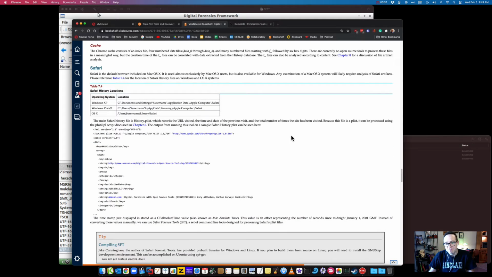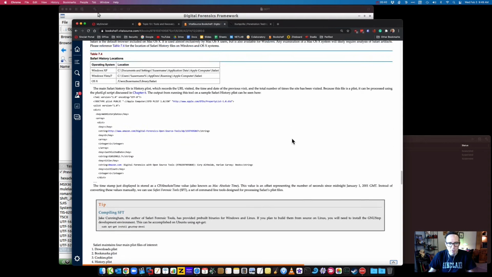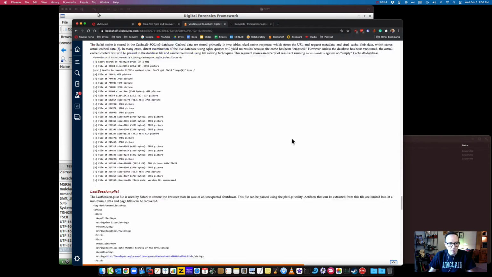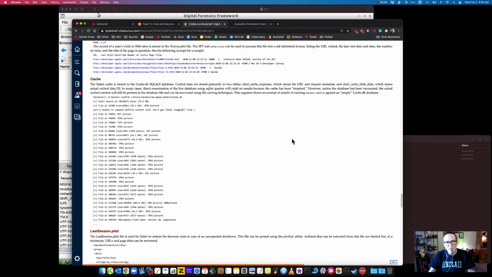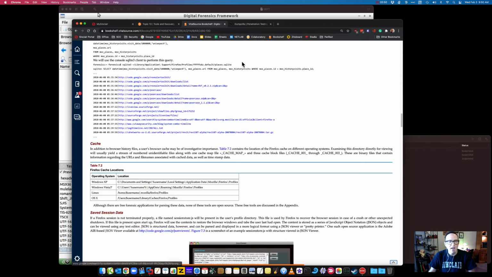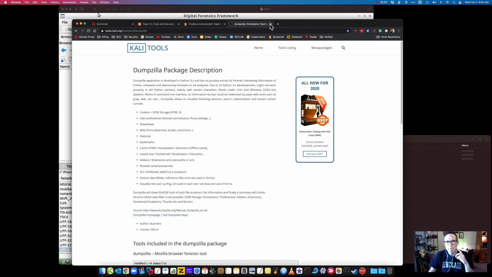And Safari, being the main browser that's used with Mac, so where its cache information is at, and so on. So it's a good roundabout chapter. It really gives you just the pinpoints of where to look. Again, there's a lot of tools to help you with that. Not just Dumpzilla, but a lot of other tools out there. All right, so